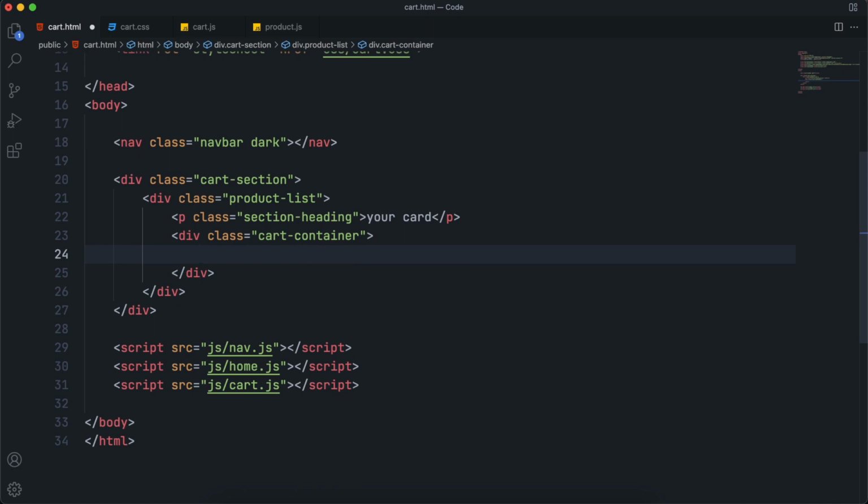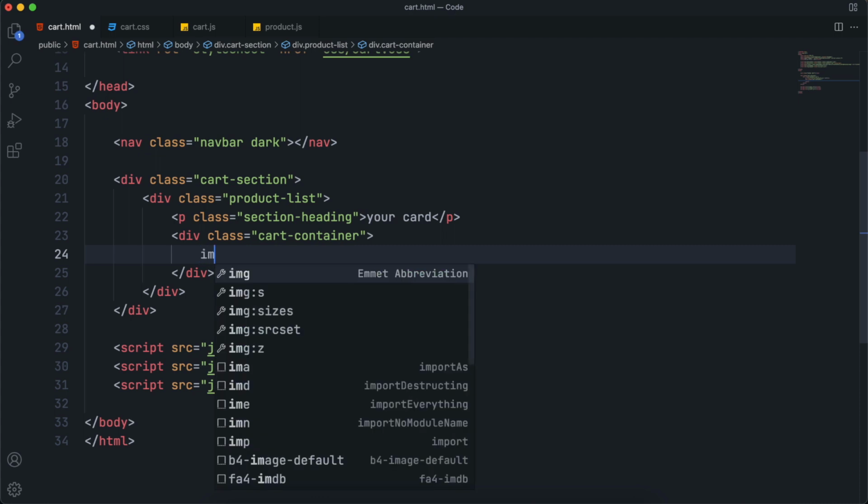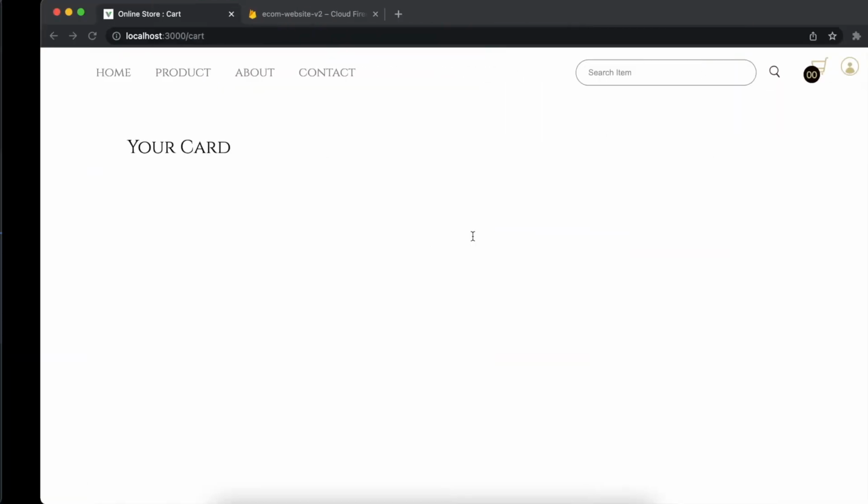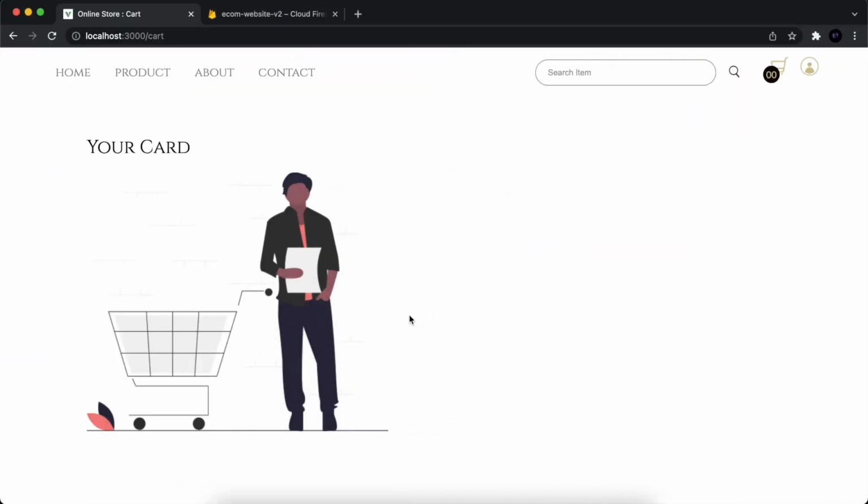This will be the wrapper of our products or cart products. So inside this we will make the product, but before that add an image element and give it the source of empty cart image. So this will be the image when our cart is empty. So give it a class, let's say empty image, and if I refresh the page you can see the image here.